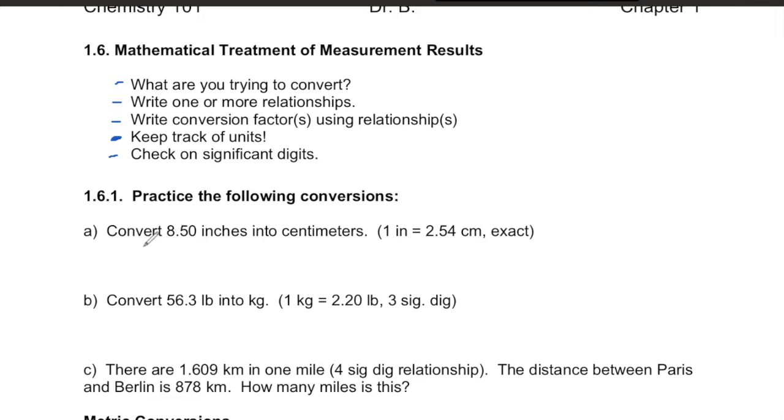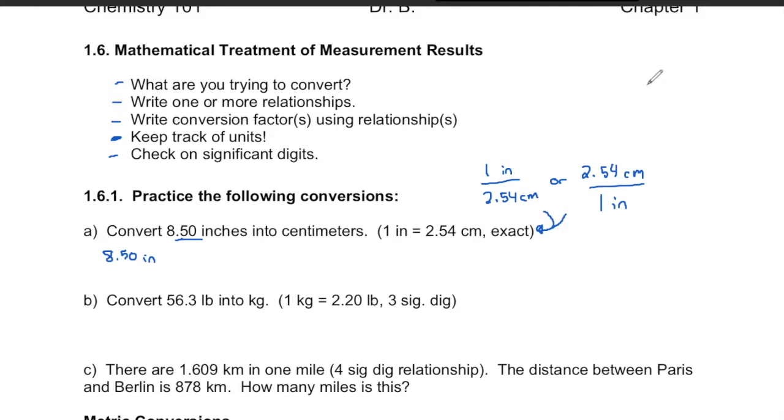Here, the first step is pretty obvious. It tells you what you're trying to convert. You have a length of 8.50 inches and you want to convert that to centimeters. You're also given your relationship. This one relationship can be written as two different conversion factors, depending on which you put on the top or